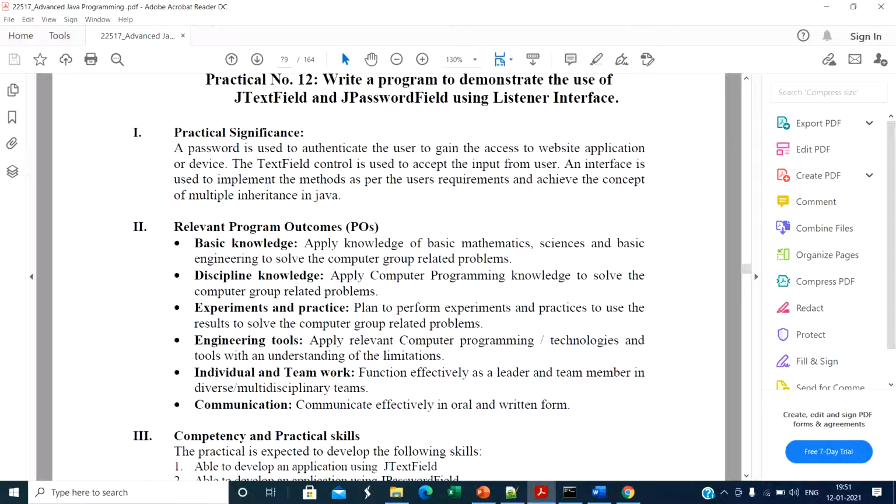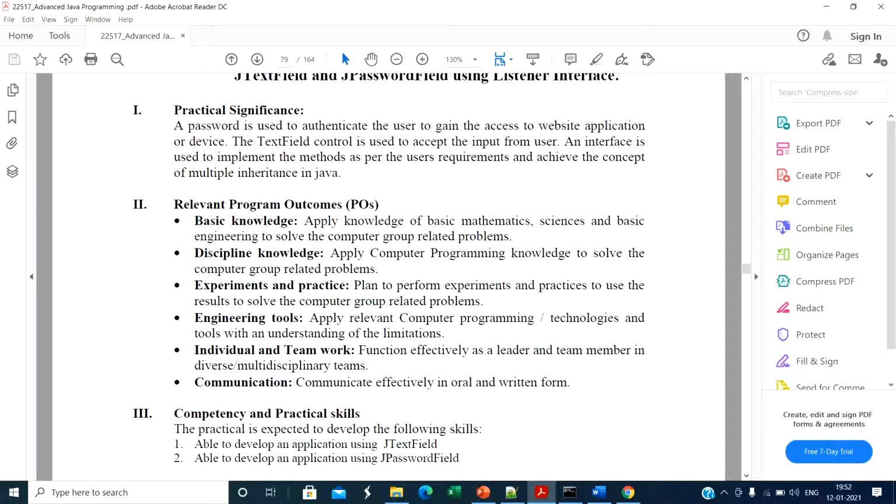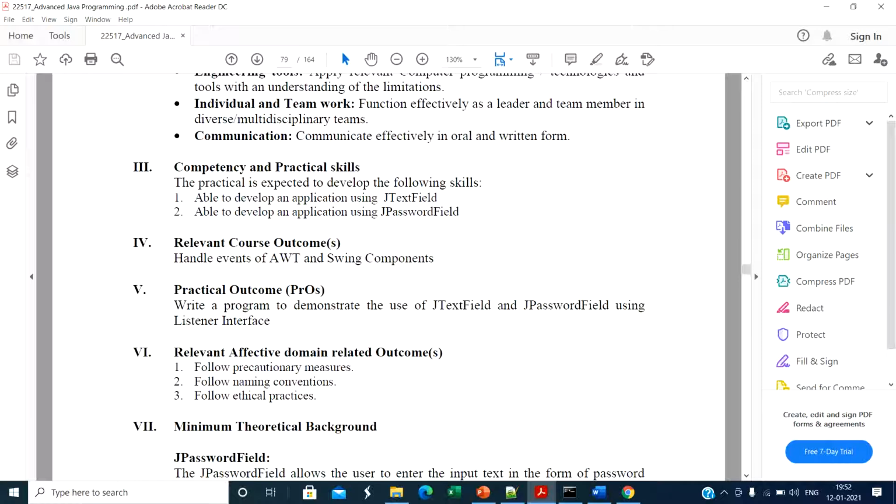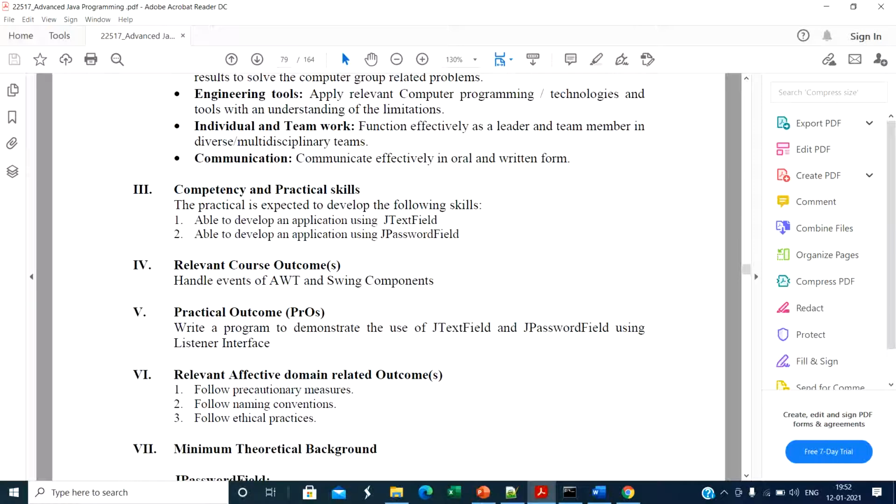The program outcomes are the same: basic knowledge, discipline knowledge, experiment and practice, engineering tools, individual and teamwork, and communication. In this practical we see the JTextField. We all know the use of JTextField: it is used to enter a single line of text. The JPasswordField is another class in the Swing package.